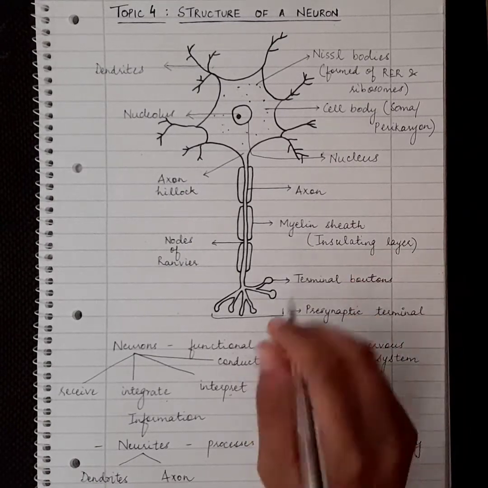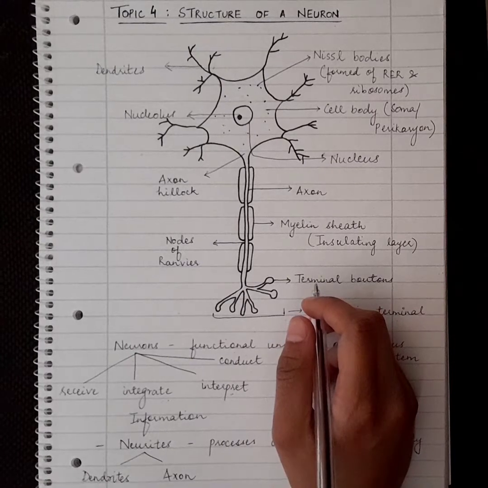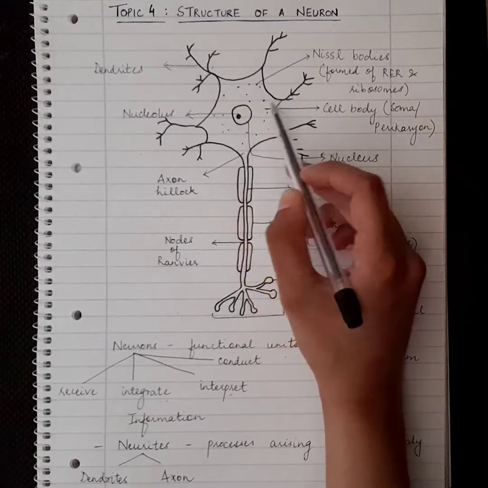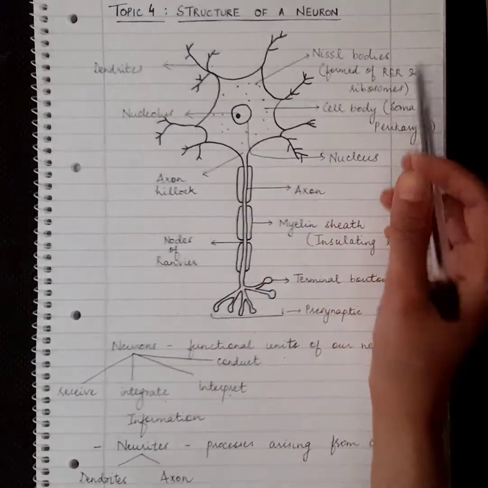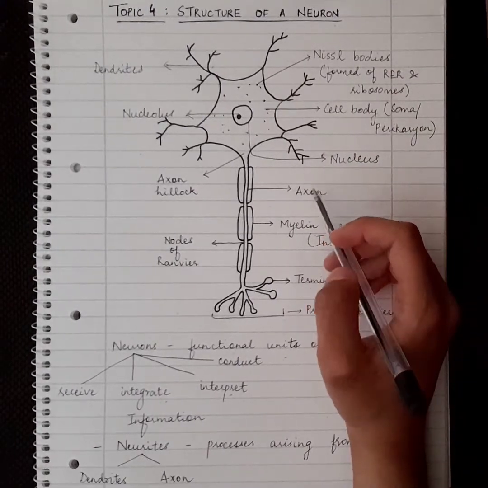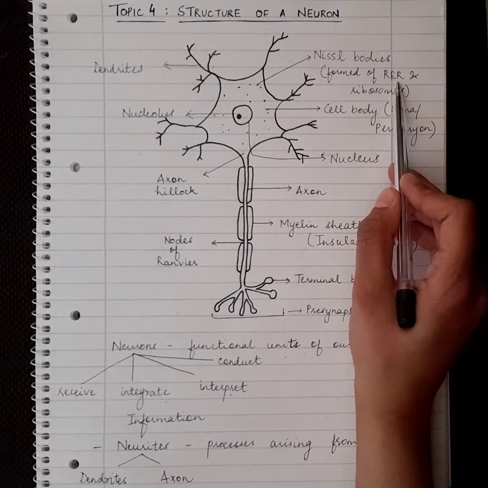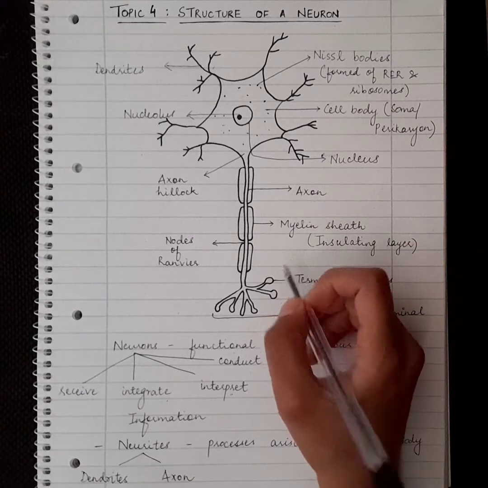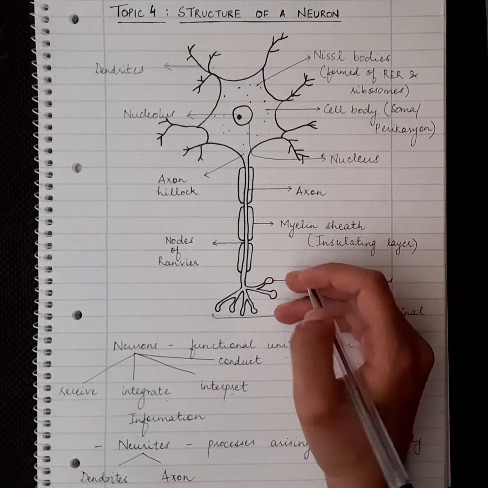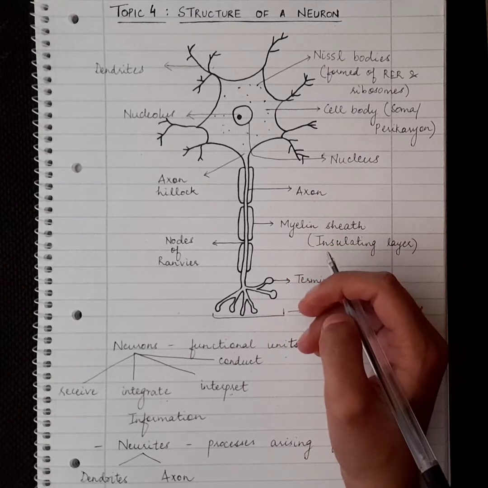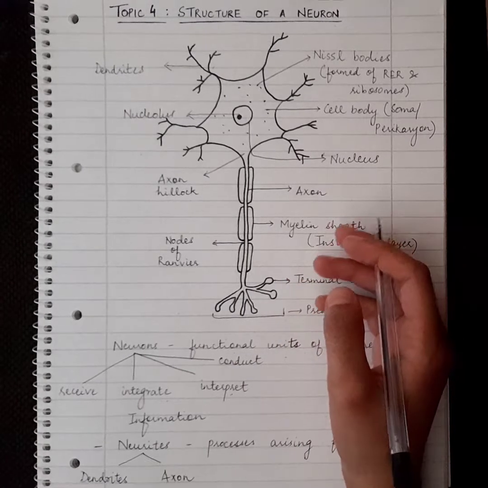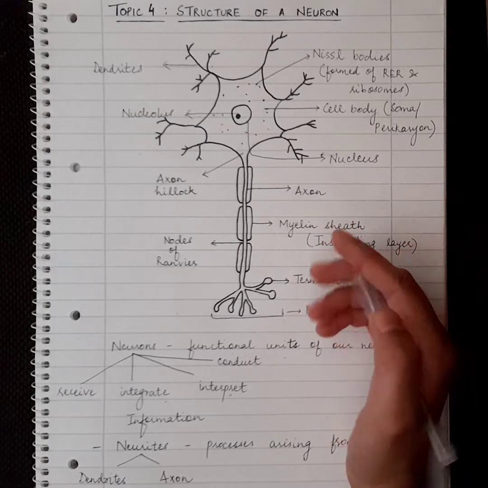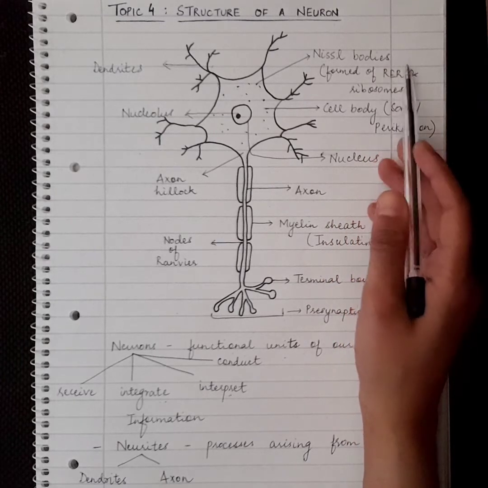But one special feature of this neuronal cytoplasm is that it contains Nissl bodies. So the granules that you see over here are actually the Nissl bodies or Nissl granules, as they are called. These are made up of the rough endoplasmic reticulum and the free ribosomes, which means that they can produce proteins. These Nissl granules are really important for protein synthesis, which will then be used for maintenance of the neurons, for repairing them, and also for production of enzymes or neurotransmitters. So that is the function of these Nissl bodies.